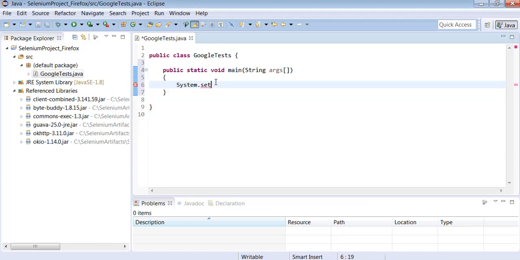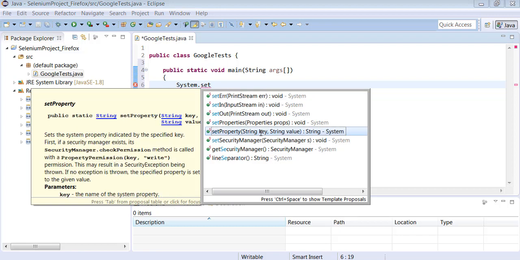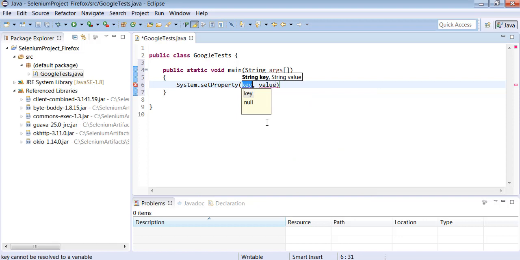Again, try system.setProperty. We have to select setProperty which will take a key and a value. The key is webdriver.gecko.driver. The value is the path to the gecko driver executable file.